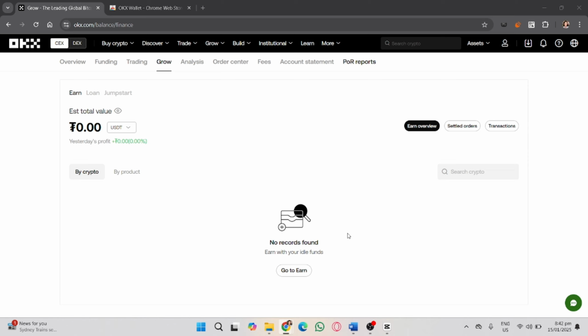And that's it. That's how you transfer funds from your OKX wallet to an exchange in